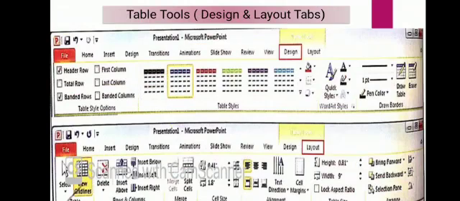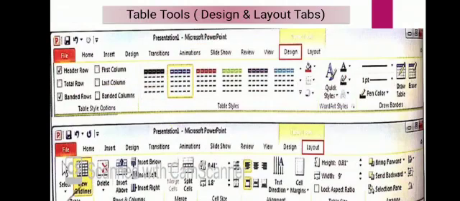In Design you can change the border, shading, draw table, table style, or merge cells. This much you will do with the Design tab. And for Layout: view gridlines, delete, insert rows and columns, insert left or right, or change the column width or height.